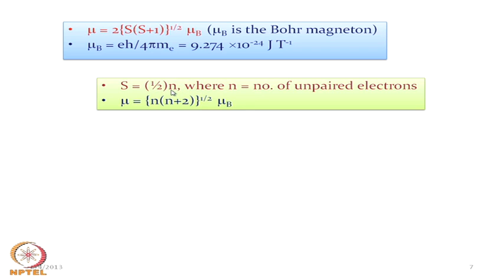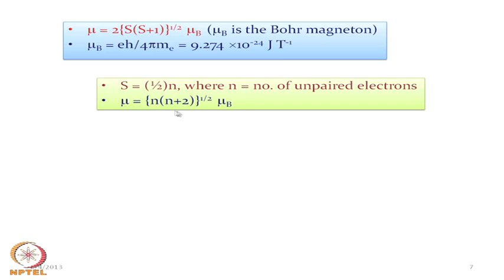So, half multiplied by n gives rise to the total S value, and when we put this S value in the equation we get the corresponding mu value. In the same way, instead of putting the S values in the equation, if we directly put the corresponding n values, that means the number of unpaired electrons, which is very easy to find out